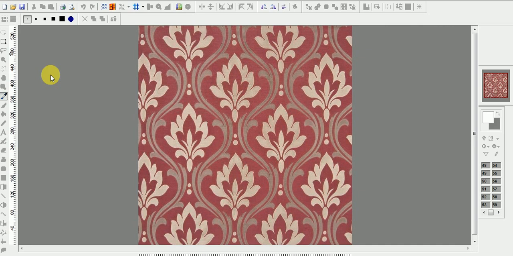Before that, you can see I just opened this internet file. All tools are deactivated. Only new, open, save, these options are on. Other options are deactivated, and the color palette is also deactivated. So you cannot edit or draw anything in this image. That's why we have to reduce the colors.